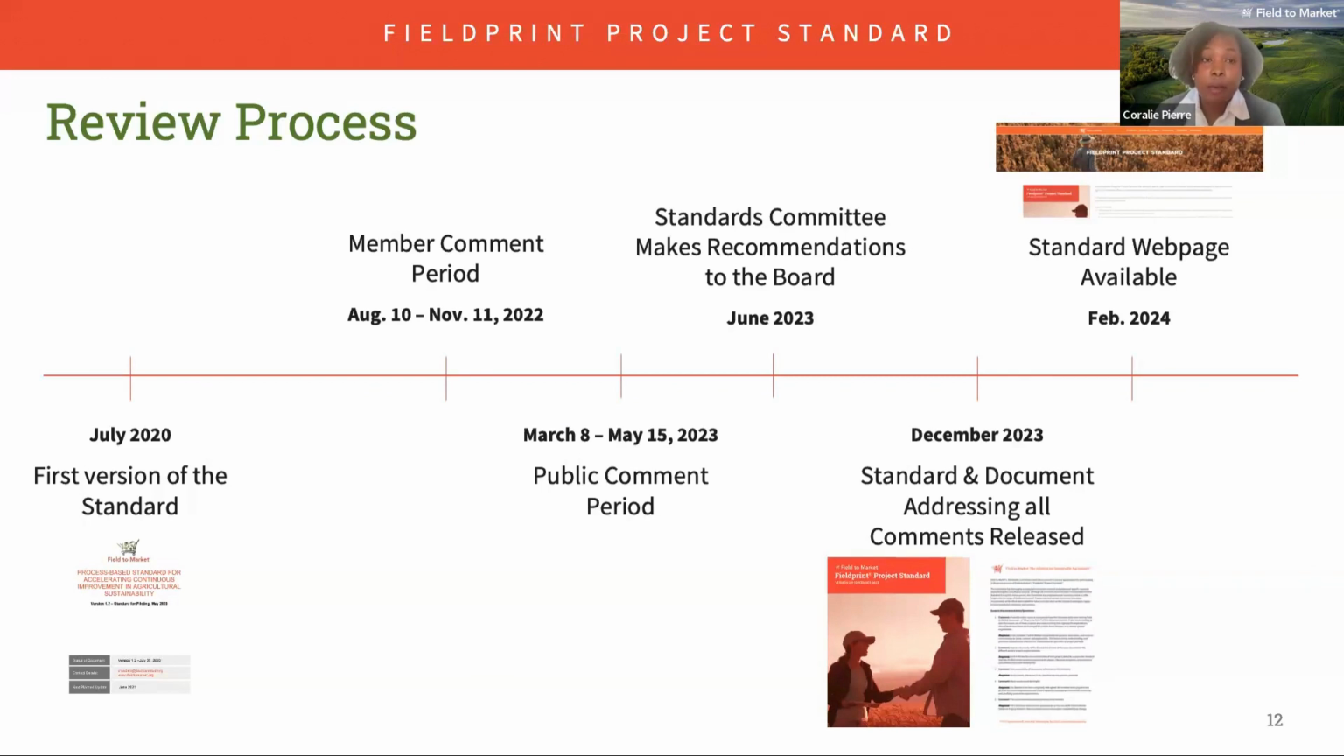Feedback was collected from both members and the public through 2 comment periods. As you can see, the member comment period lasted from August to November 2022, and our public comment period was from March to May 2023. After that, the standard committee, comprised of 19 Field to Market members at that time, meticulously reviewed the comments received and provided recommendations to the board at the June plenary last year. Following board approval, the committee proceeded to revise the standard and release it in December 2023, incorporating the feedback received,